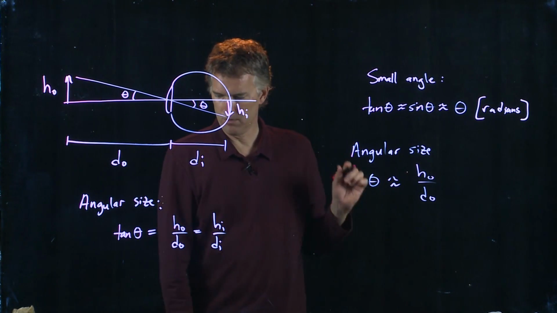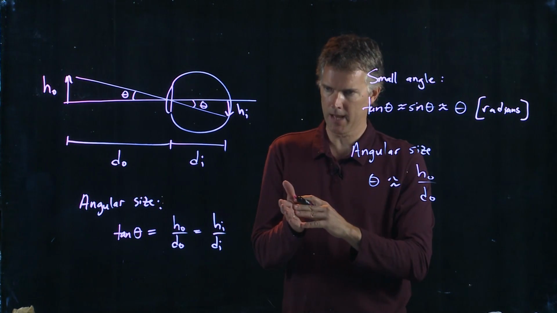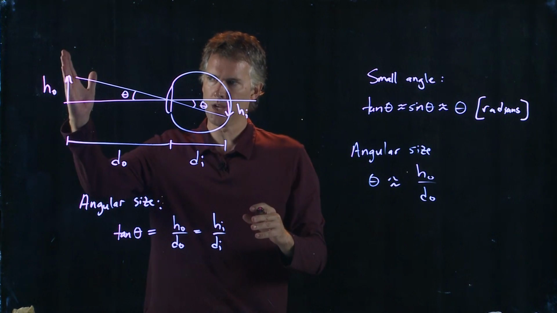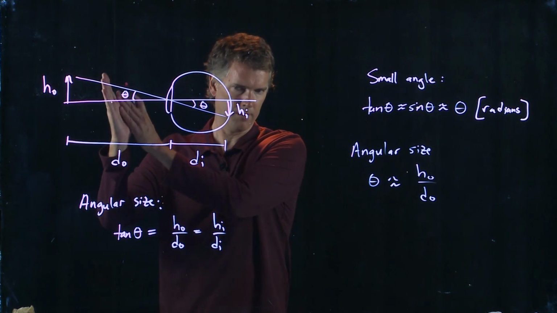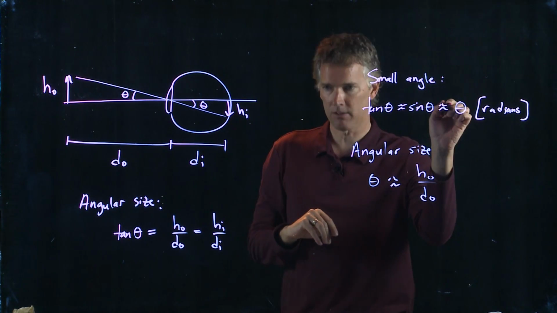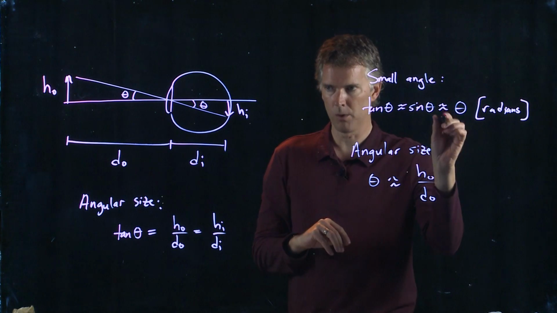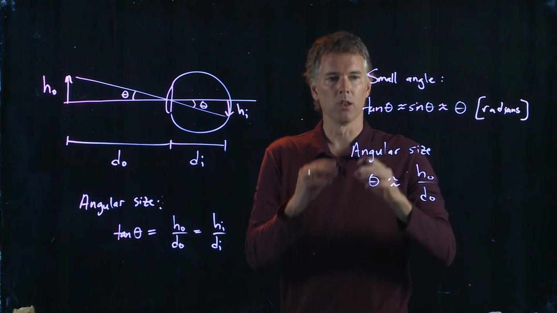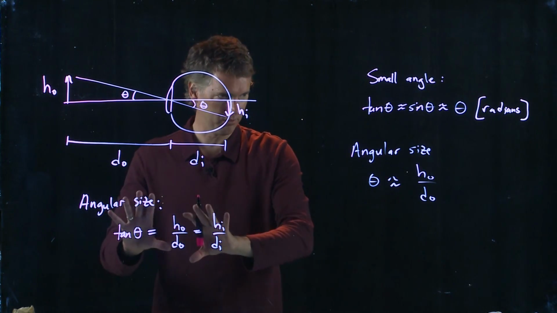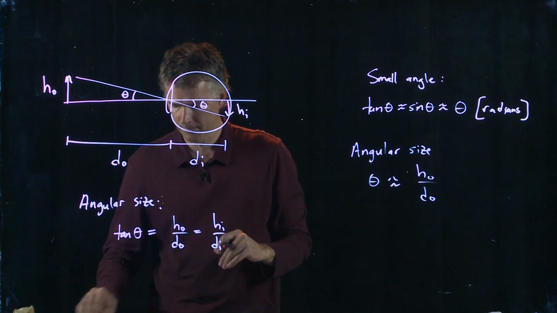Okay, so this might have been where we went wrong before when we were calculating part B of that other problem. It's because the object was so close to the focal point that the image got huge, and we might not have been satisfying the small angle approximation anymore. So when you revisit that problem, look at not doing this, but just doing this and trying to solve for theta that way. I think that might be where we went wrong.